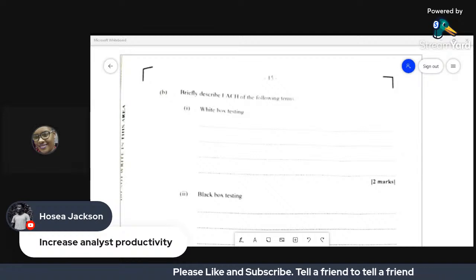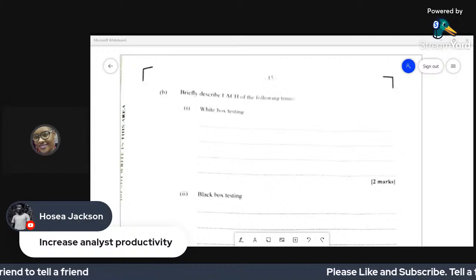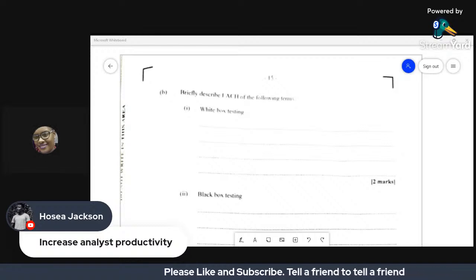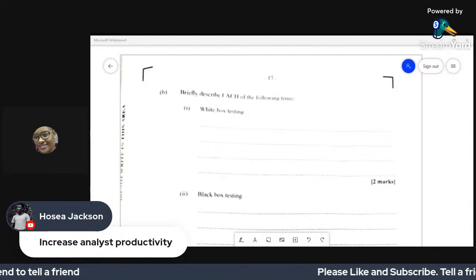So the test case is going to be more detailed. It's like an IPO chart where you're going to clearly state the inputs needed, the processing that will take place, and what is the desired output, how it is that the output is supposed to look.